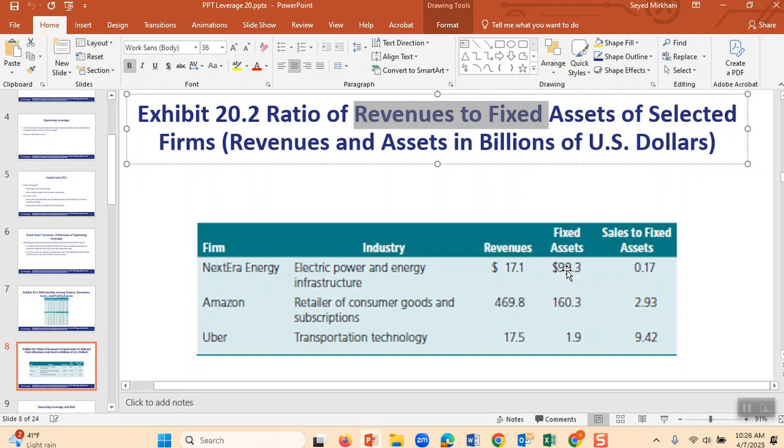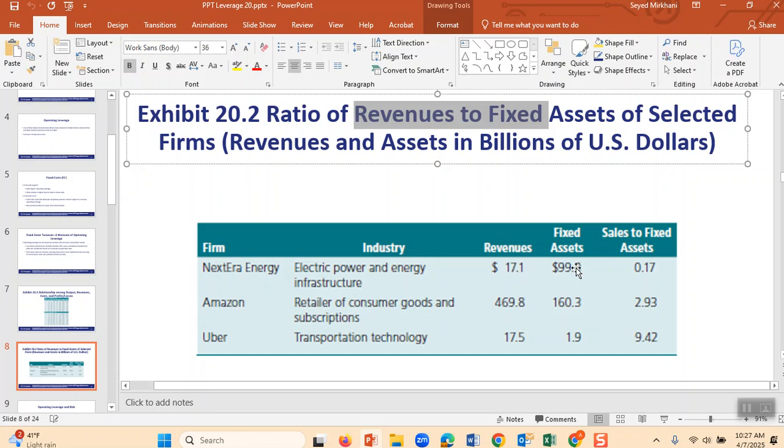If a company has $100 of fixed asset and this year it makes $17, that means in 1 year it only gets 0.17, 17%. Or think about it as 20%. Think about the revenues as 20%. This is $100.